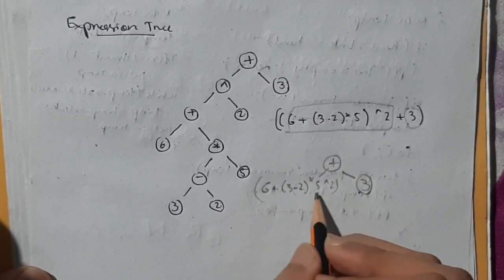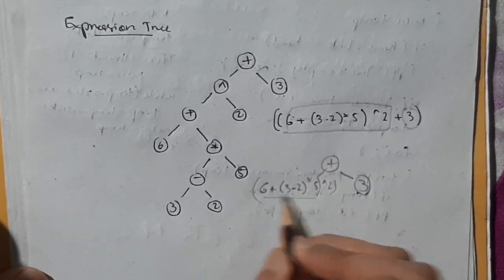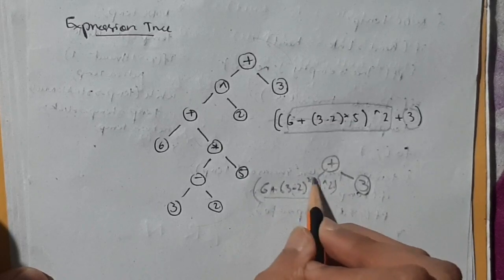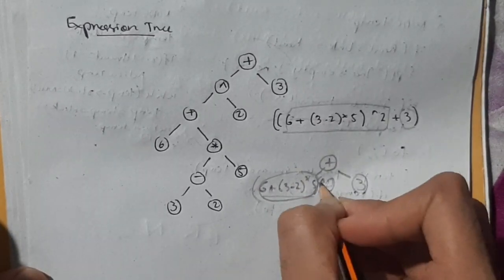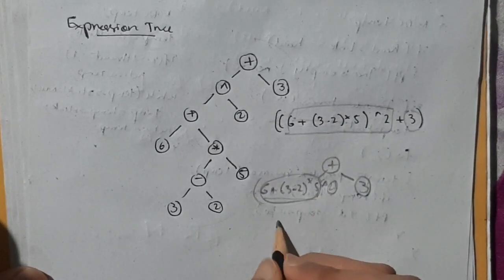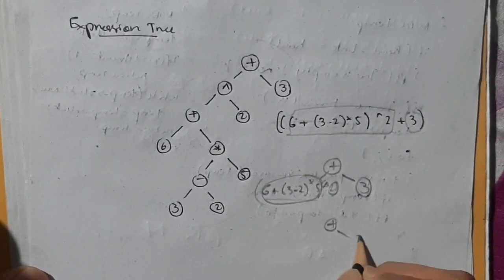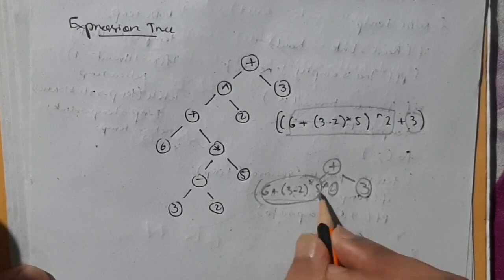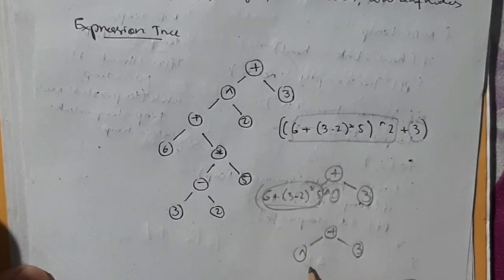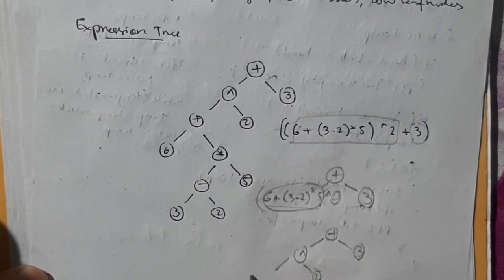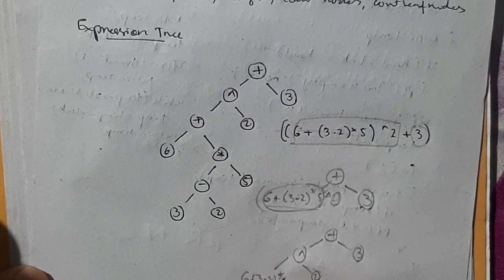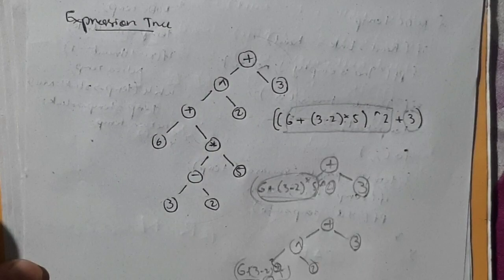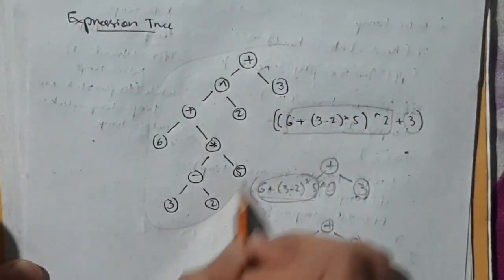Okay, now the same thing you apply here. This whole is raised to 2, right? So this can be divided into 2 parts, this part and this part. So you can take this as the node and divide it into 2 parts. Now how will it be? Plus 3, then here this you can take as a node, then it is divided into 2 parts, 2 and 6 plus 3 minus 2 into 5. Okay, so like that, for the same thing you will do, and finally you will get this.